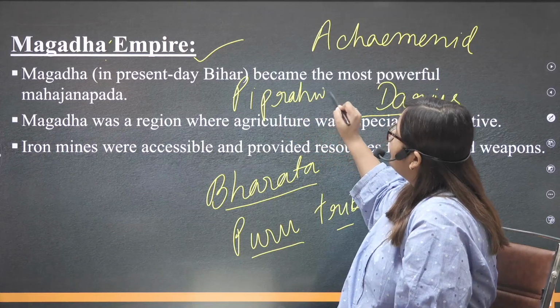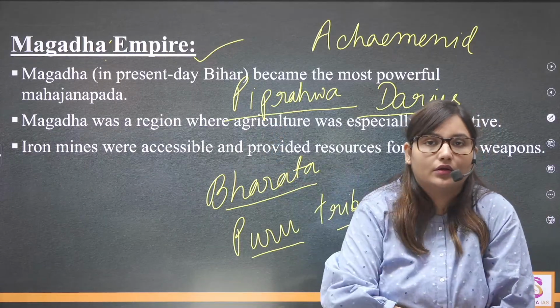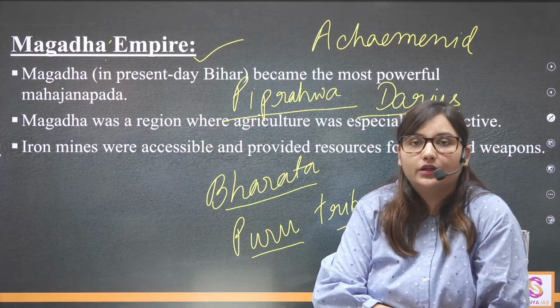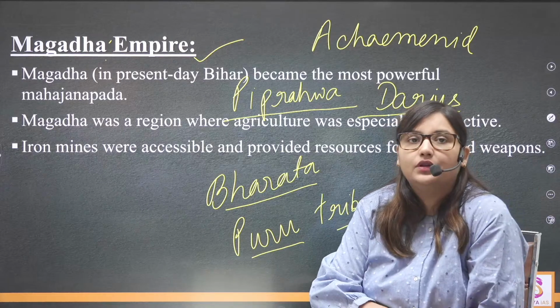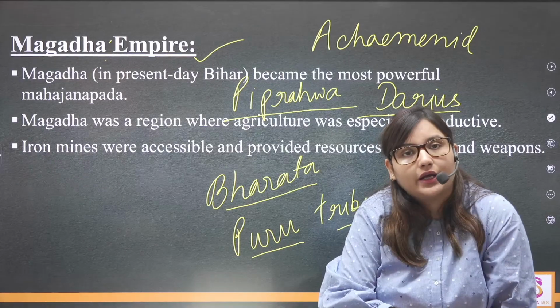This is the spelling of Piparava. Koshal included the tribal republican territory of the Shakyas of Kapilvastu, which has been identified with Piparava,